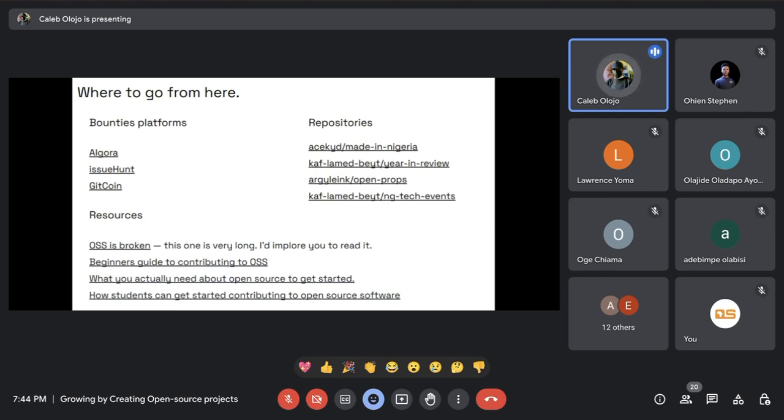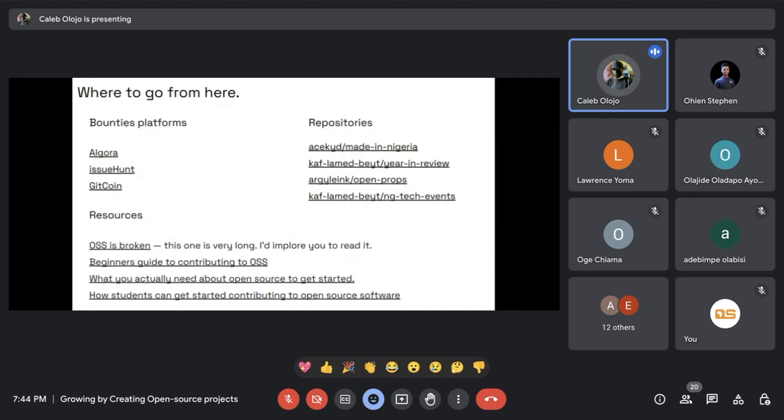To contribute to open source, there are a lot of resources you can focus on. For my folks that are really in it for the money, you can go to platforms like Algora. The links are there after this talk. The link to the slides I'll share with you guys. If you go to Algora, you see some issues that are listed for bounties. You can earn bounties for completing those, for fixing those issues by submitting a pull request.